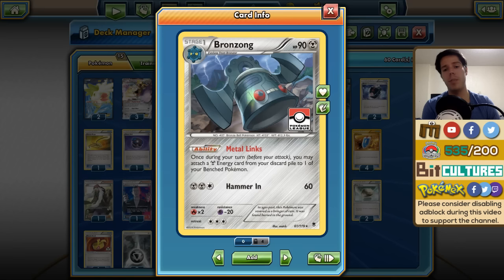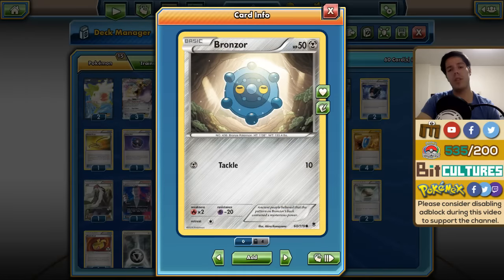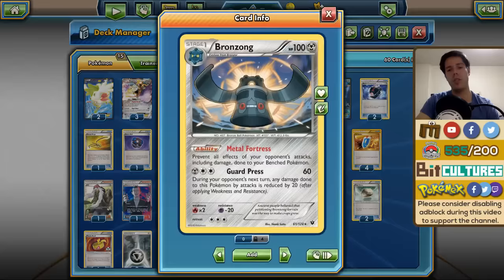Metal Links is a really nice ability, allowing you to recover metal energy from your discard pile and attach it to one of your benched Pokemon. The attack is nothing to write home about, but we're not using it for the attack, we're using it for the ability. Then we have our 4 Bronzor in order to evolve, and we have this Bronzong, which with its